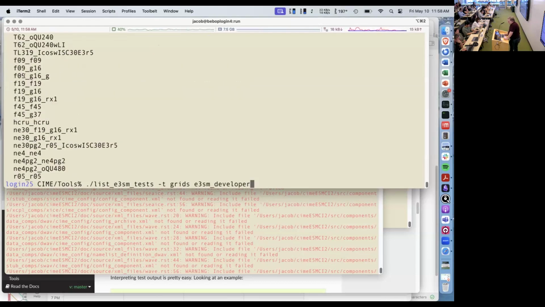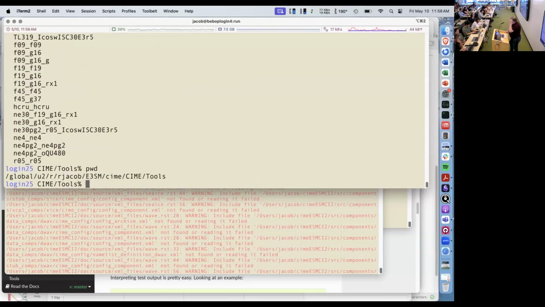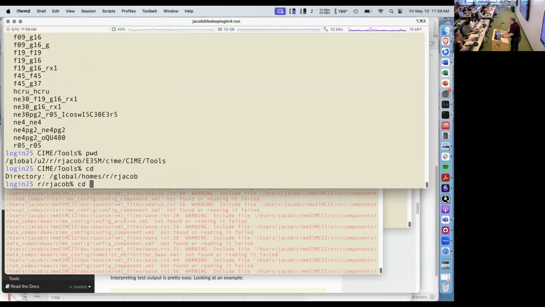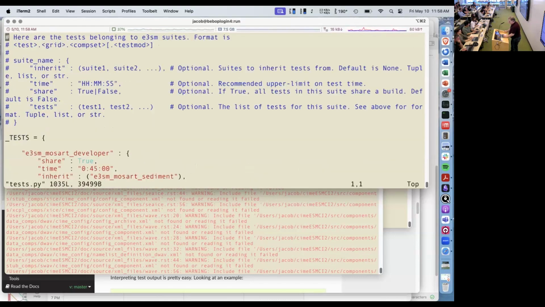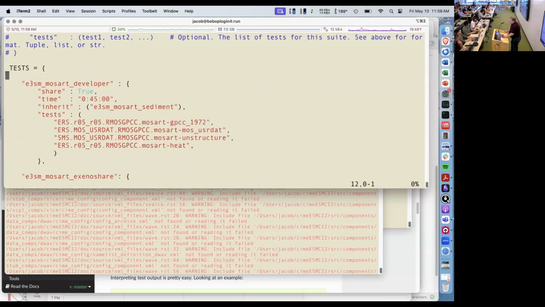So this program, which again is kind of hiding in the CIME tools directory, will let you query that Python dictionary. Where's the Python dictionary actually at? It's in the config directory at the top level, and it's just called tests.py. And it uses inheritance. So for example, E3SM Mozart developer will inherit all of the tests in E3SM Mozart integration, and it will also run all of these tests.